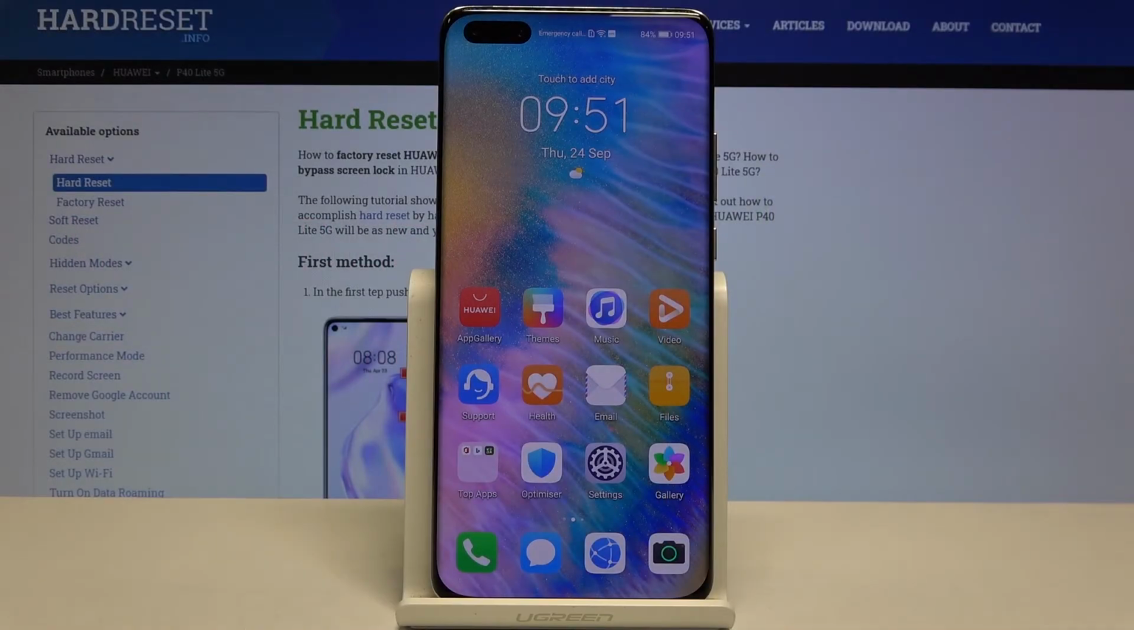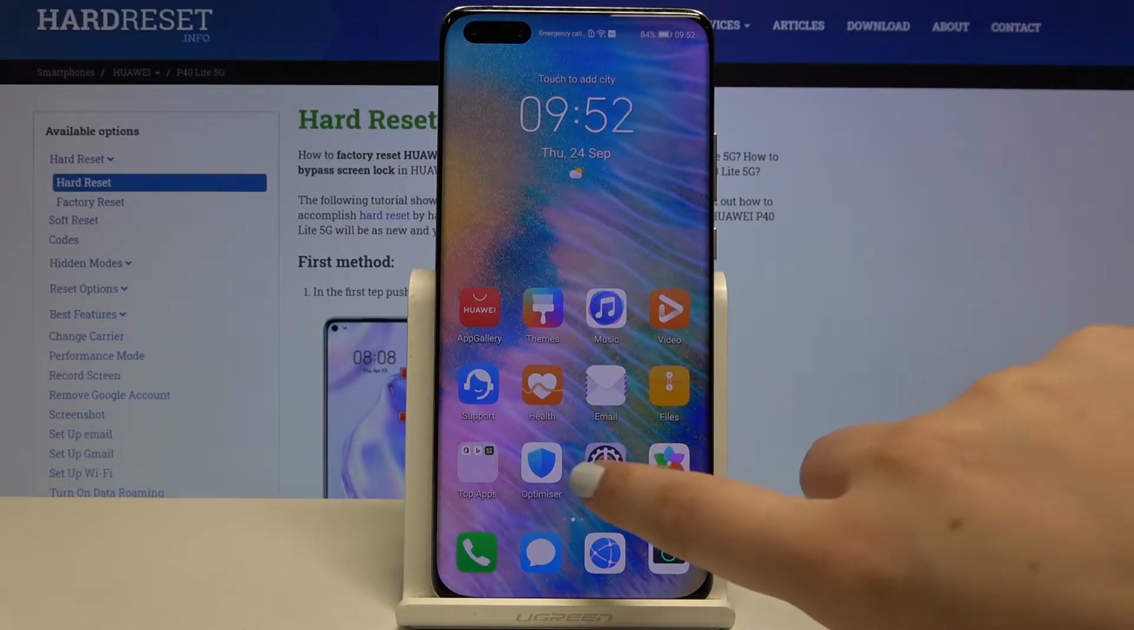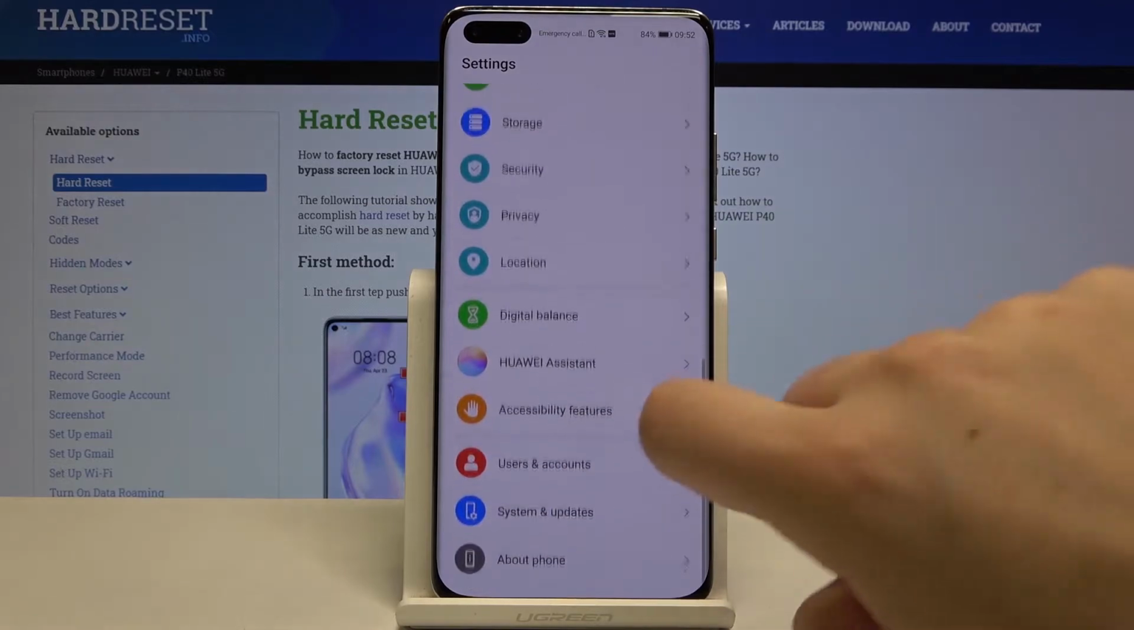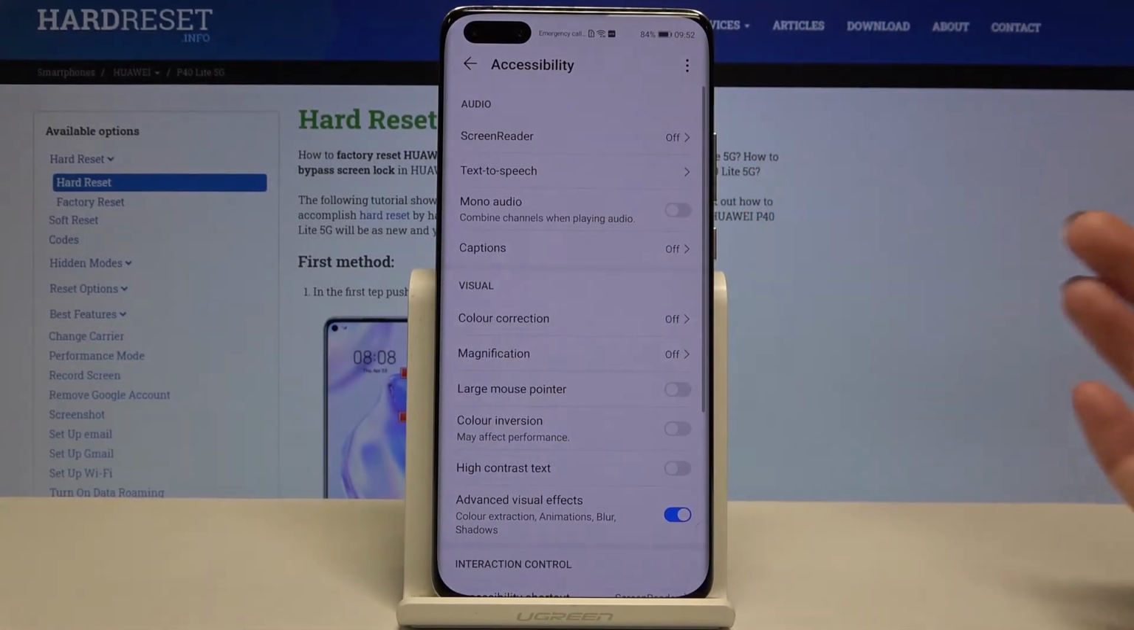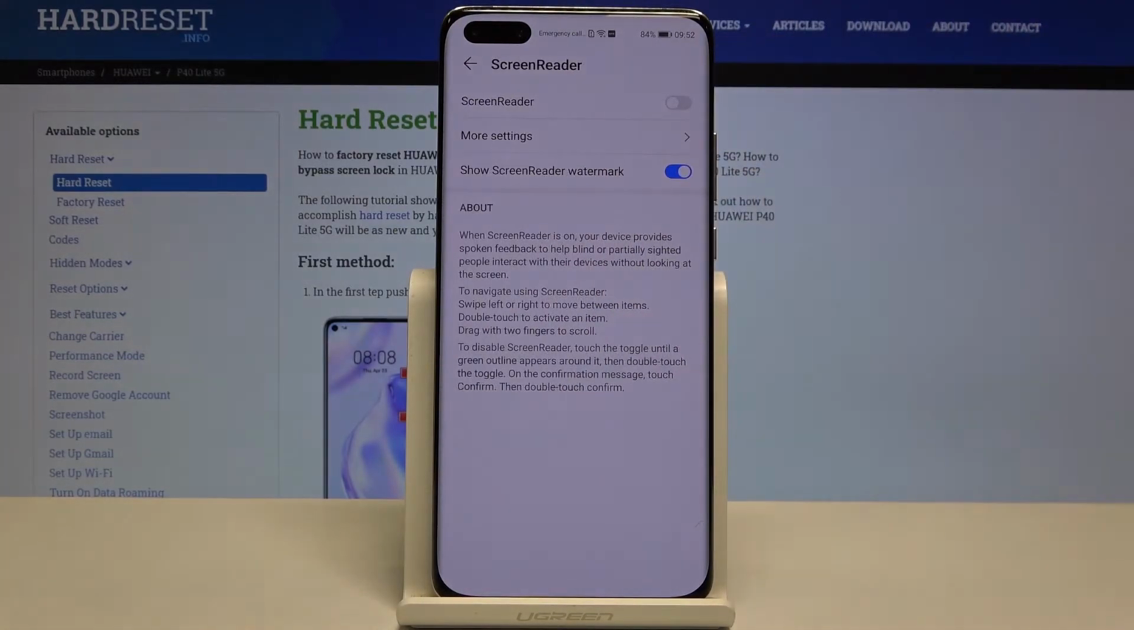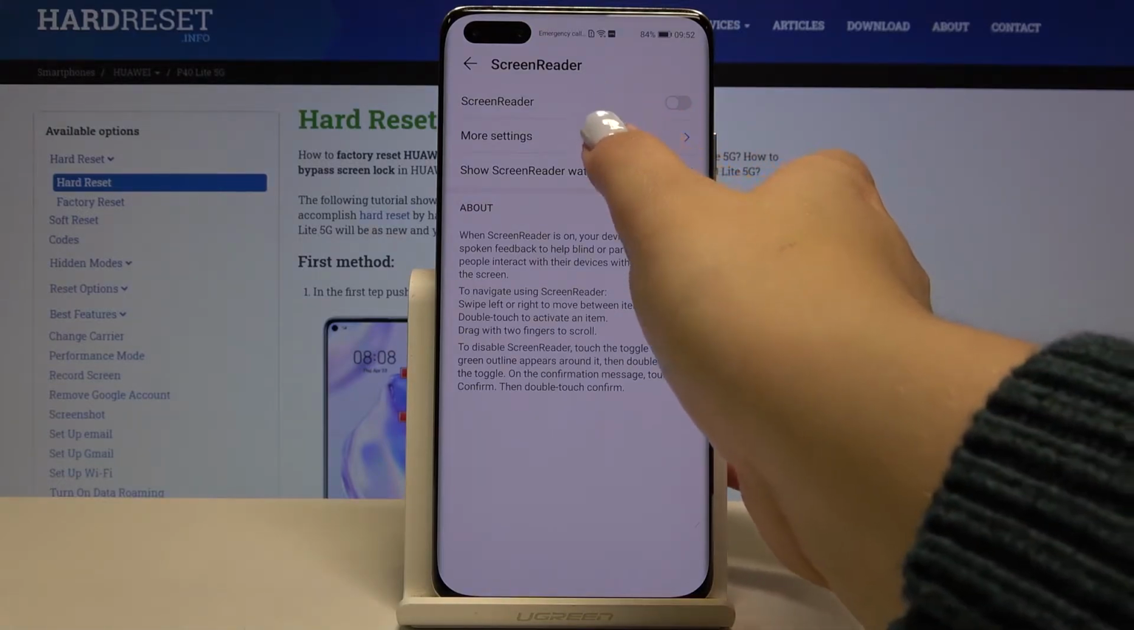Hi everyone, here we've got Huawei P40 Lite 5G, and let me show you how to enable Talkback mode on this device. So first of all, let's get into the settings and scroll down to the very bottom to find accessibility features. Here let's tap on accessibility again, and on the very first position we've got the screen reader, so let's tap on it. In order to customize this mode before turning it on, then simply tap on more settings,